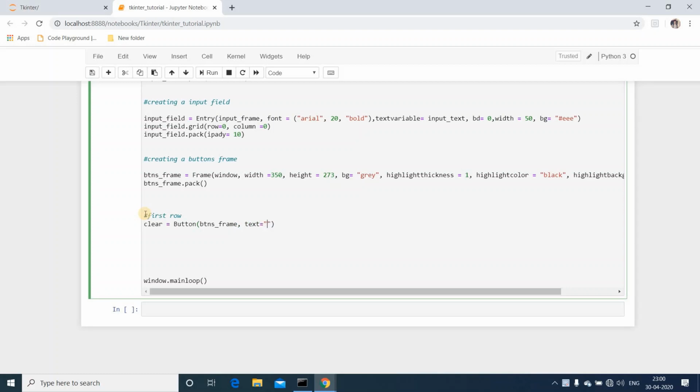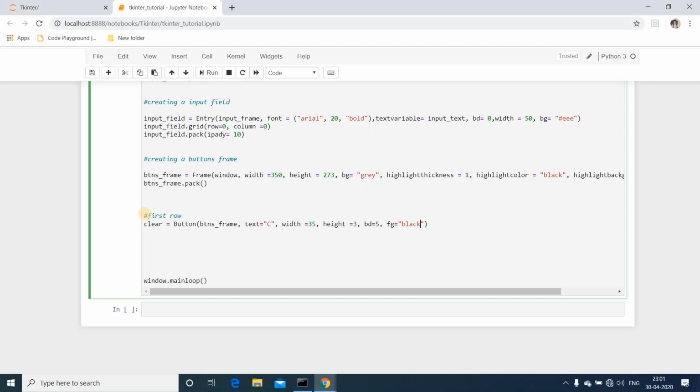Text equals C, and width equals 35 and height we're giving as 3. Then border width BD equals 5 and FG equals black.